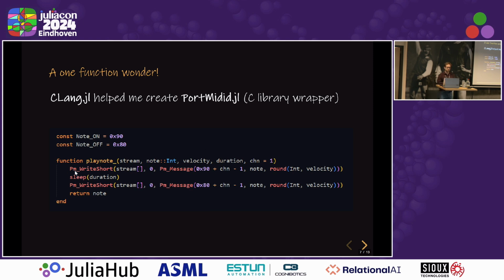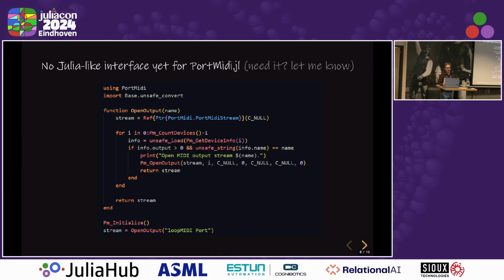And the only new part, so to say, is that I can now write this function. PM write short is the function from PortMIDI. With this function, I can send a note on and note off message. So you can see this is allowing me to play a note. And then there's a little bit of code to load basically the MIDI channel and all of this,